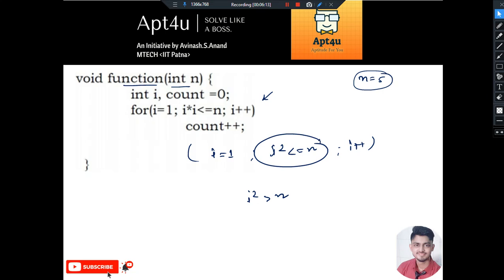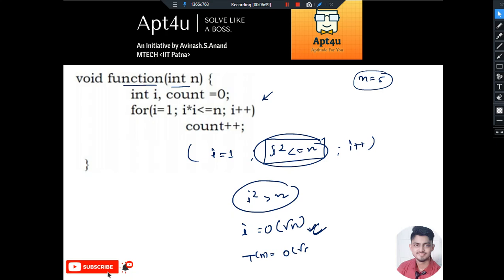We know that this loop will get executed as long as i square less than or equal to n is true. When will it stop? It will stop when i square becomes greater than n, and that means when i is of order root n. Get the point? So this loop will stop when i is of order root n, right? So the time complexity for this code is order of root n. This basically means how many times the loop is getting executed. The loop here gets executed order root n times, and that is the time complexity